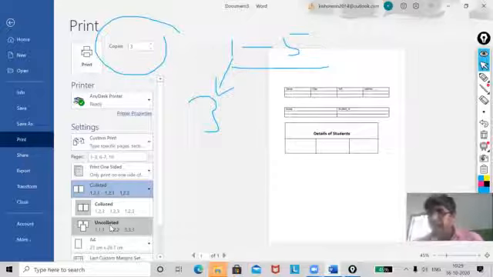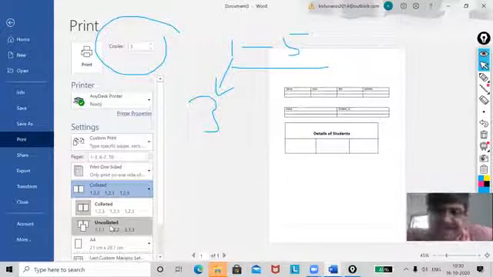Got it? But if I want pages 1, 2, 3, 4, 5, and again a second copy 1, 2, 3, 4, 5, and a third copy 1, 2, 3, 4, 5, then you must go for collated.